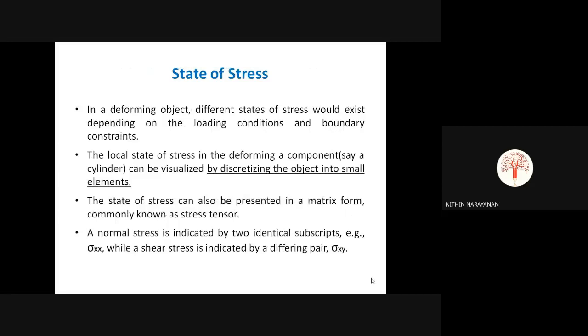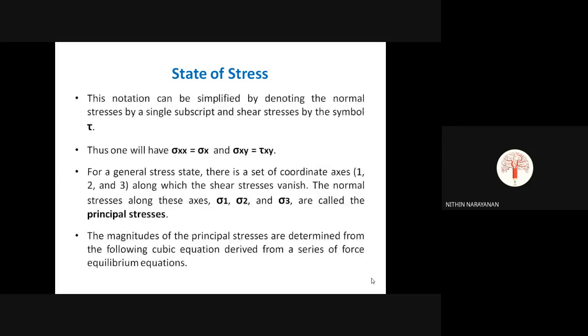So then we looked at how we can identify the normal stress. Either we can identify it by the notation sigma x, or the shear stresses we can identify as sigma xy. For simplicity, we represent this shear component sigma xy by tau xy, and its normal component sigma x by sigma.